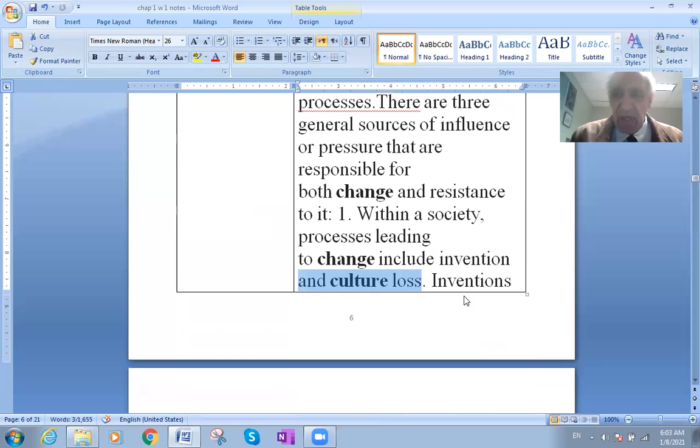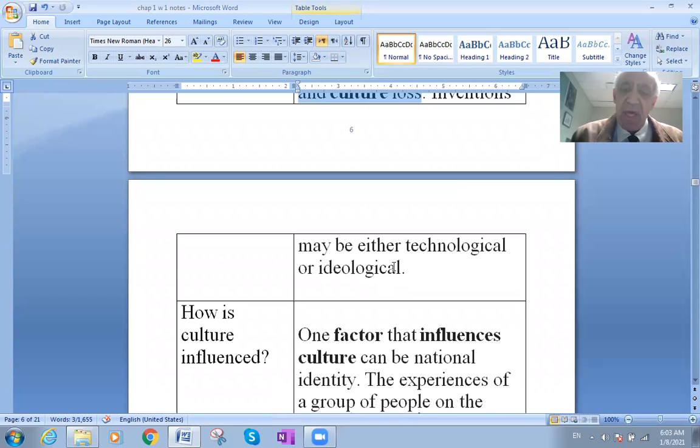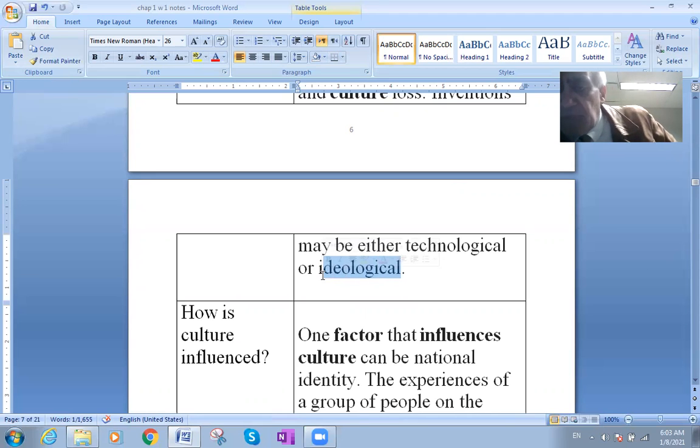Culture invention and culture loss may be either technological or ideological. So the effect on the culture may come through technology or through ideologies, through the ideas of people, of a group, or through new ideas. But what I want to say here is that resistance to change always exists. For example, if I come and tell you something you are not familiar with or didn't hear about before, of course you will refuse to do it,